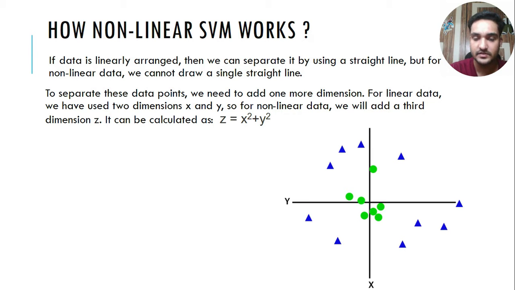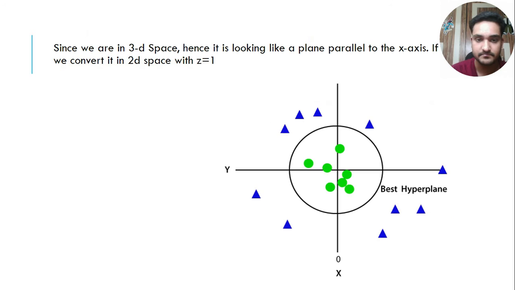Here comes the use of multiple dimensions, where we can use a 3D equation such as z equals x squared plus y squared, which is in three dimensions. This is how you can create it, and if we take the value of z as 1, then this kind of circle can be obtained. This is the equation of a circle where the radius is 1. It could vary according to the data, but for explanation, a circle with the equation x squared plus y squared equals 1 is the function that can divide these two categories of data in this plane.